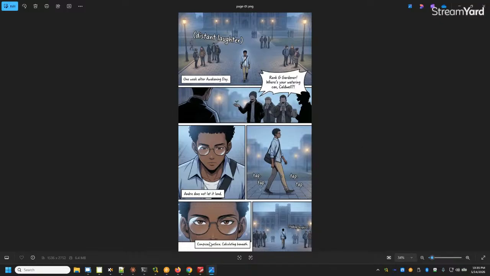Compose surface, calculating breath. Casual economist, how's it going? Is this the Solo Leveling-like story you're working on? Yes, yes, yes. But instead of me doing it manually or semi-manually, I just had the bots create the entire comic by itself. I just gave it sort of a synopsis, and then kind of guided it along. Did I show y'all the video?